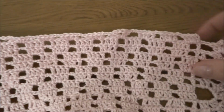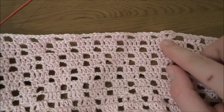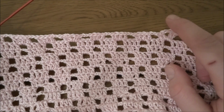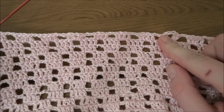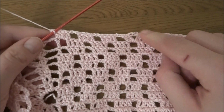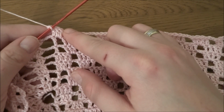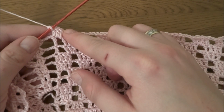So our work at the moment looks like that. We've done 3 times 4 double crochets, a V-stitch made by 2 double crochets, chain 3 and 2 double crochets, another 3 times 4 double crochets, another V-stitch, and the last 3 times 4 double crochets. Now we have to make